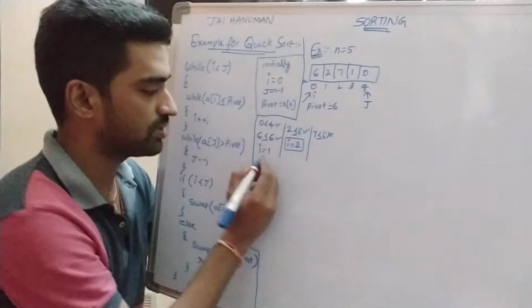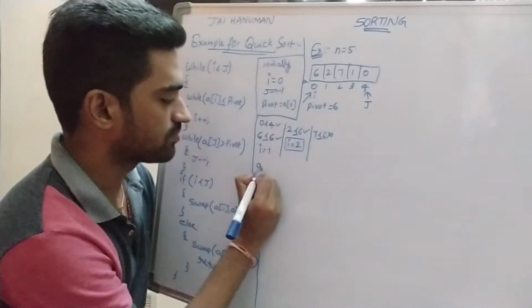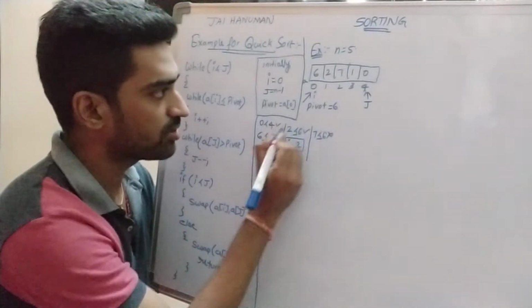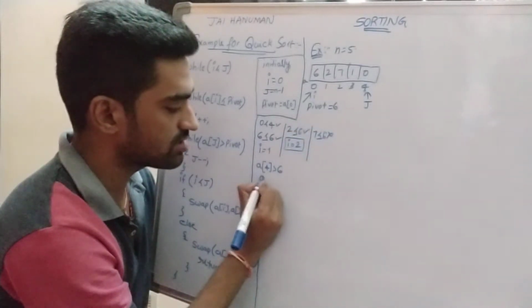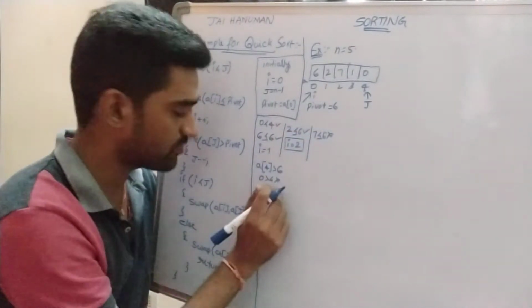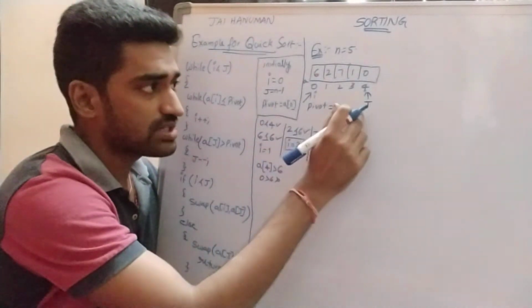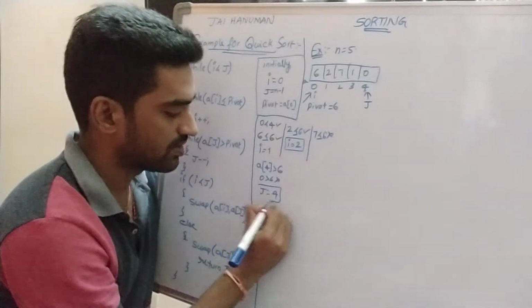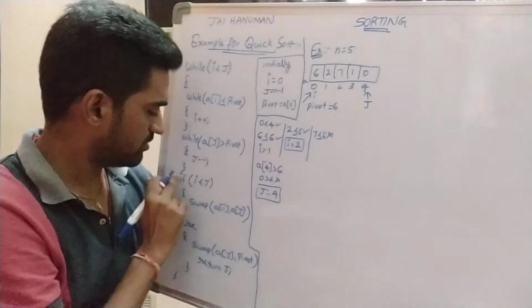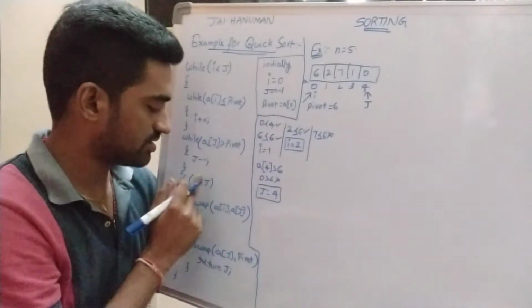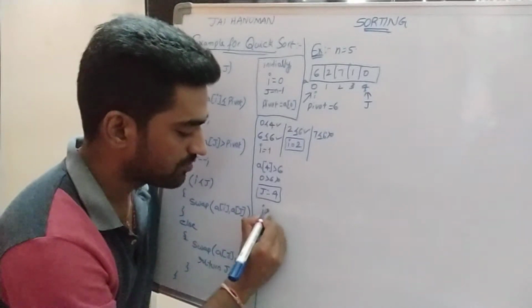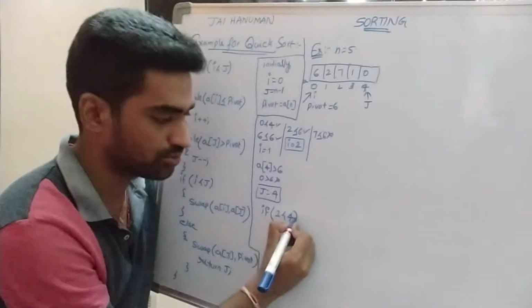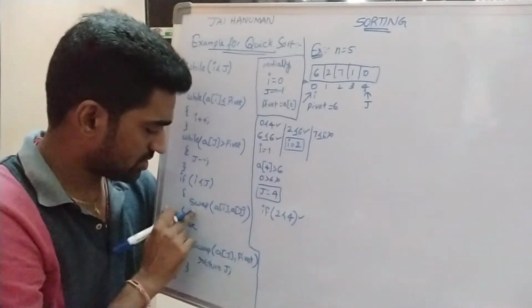That is A of j greater than pivot. What is the A of j value? A of j, A of 4. A of 4 greater than pivot. The pivot is 6, and A of 4 is 0. So 0 greater than 6. The condition fails, so we are not decrementing the j value. What is the previous value? J is equal to 4. That is the j value, right? Once this condition fails, we check one more condition in the while loop. What is the next condition? I less than j. What is the i value? 2 less than 4. Is the condition true or false? True. So we execute this procedure.